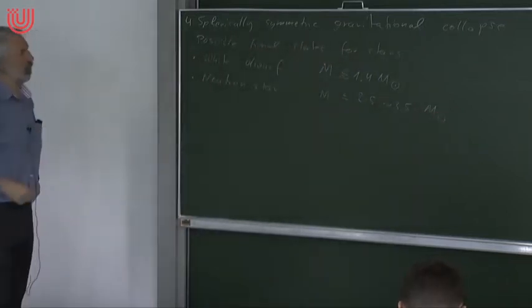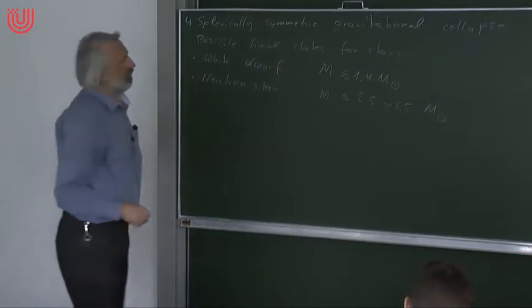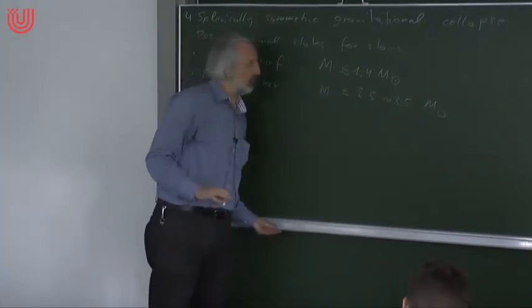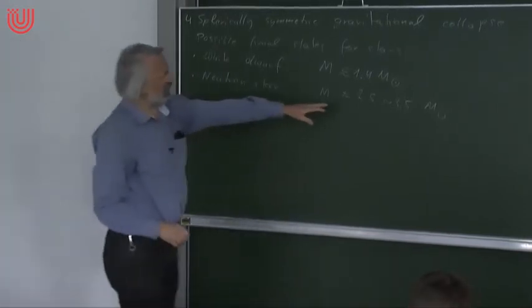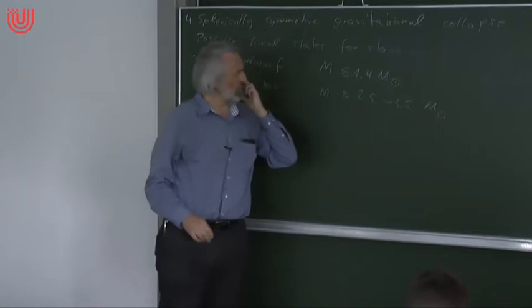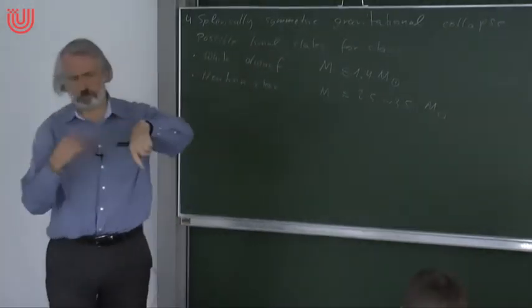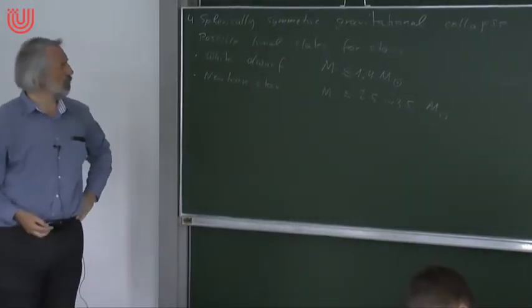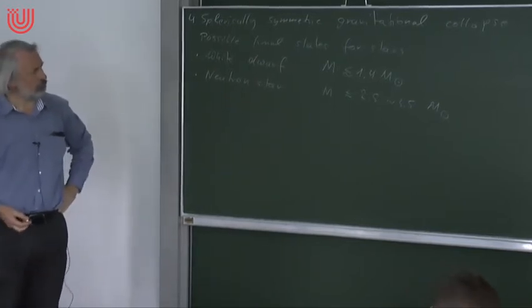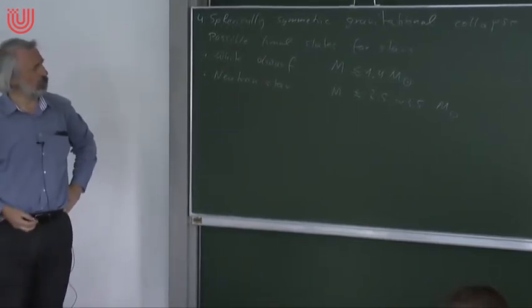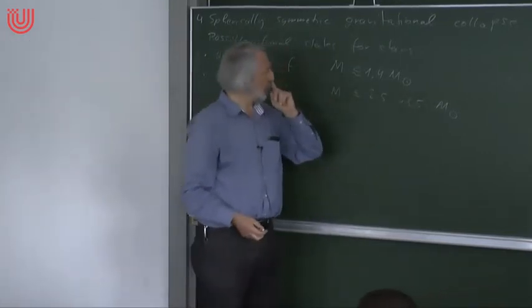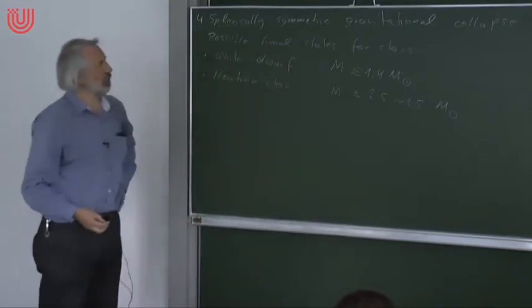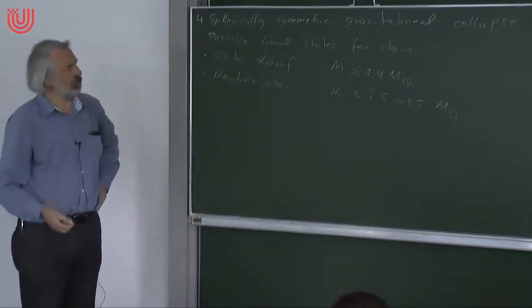Some people go further up, but certainly not beyond 10 solar masses. So there's no question that there is a final mass. Why is this so difficult? Well, because the matter models are much more complicated. In particular, if the thing is rotating, then it's really difficult to get a bound for the mass, and that's the reason why we don't know exactly what's the maximum mass a neutron star can have, but it's certainly not more than, say, 10 solar masses or something like that.